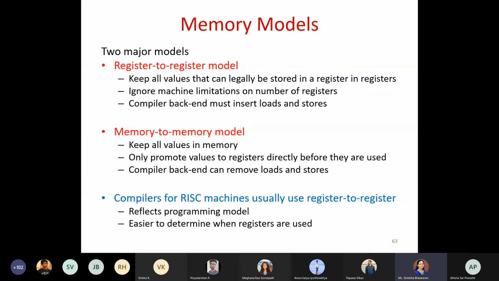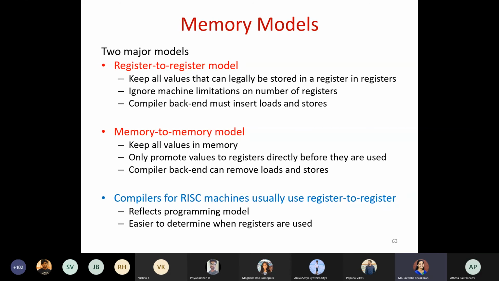In this intermediate representation, the last point here is the memory model. Memory model is nothing but we can go for registers, or by using the memory concept. Only these 2 ways we can use it. So it is like a register to register model or a memory to memory model you can choose.